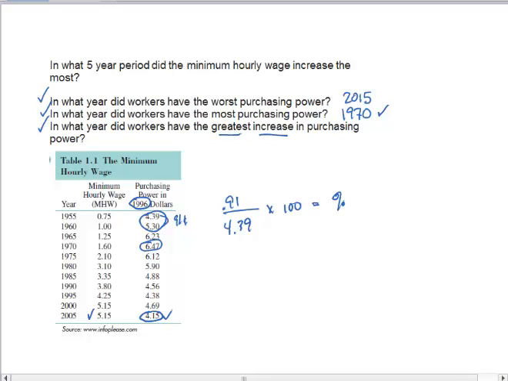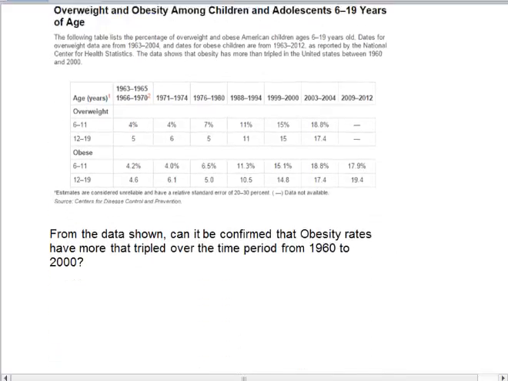And one of the objectives of this lesson is to be able to look at data numerically and make conclusions that are justified by the numbers. So moving on to our next example,